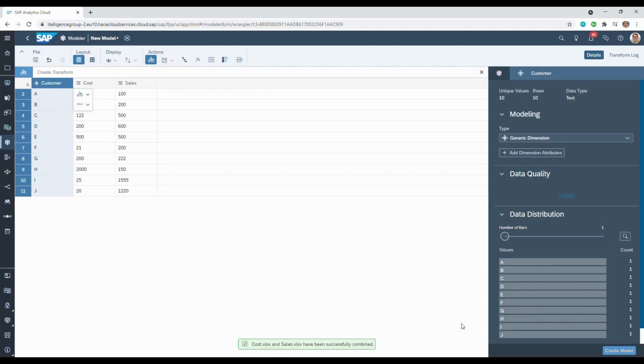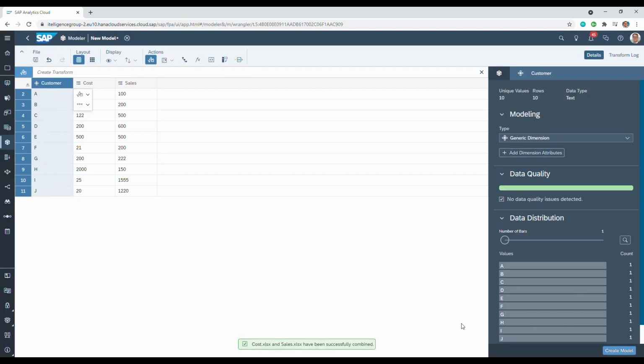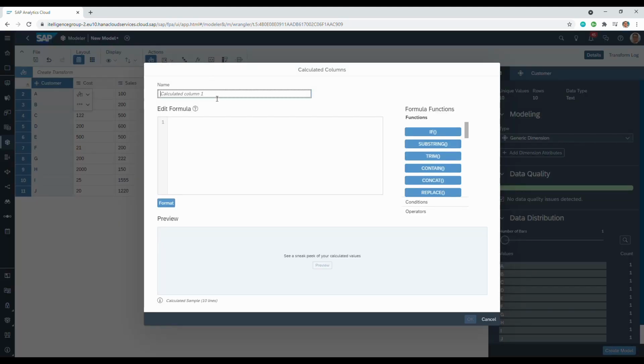Once the data are imported, I can then use all the normal features of SAC, just like data wrangling, and make my new calculated columns where I calculate profit. Profit is defined as sales minus cost.